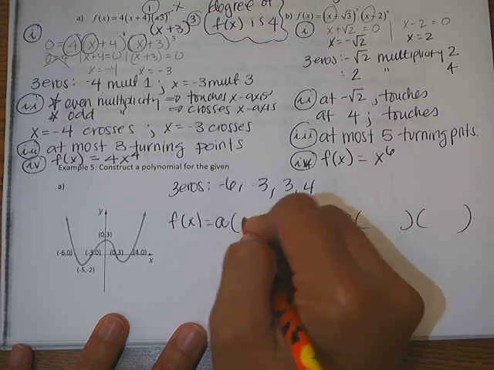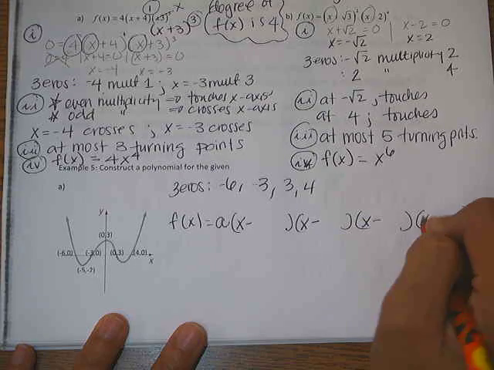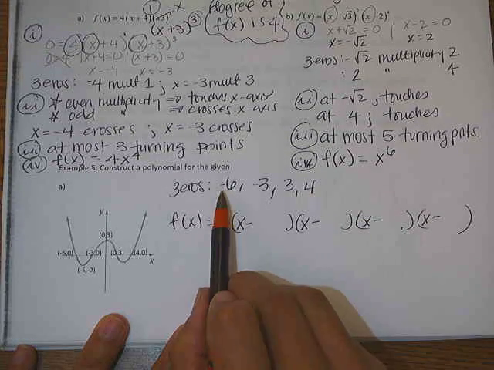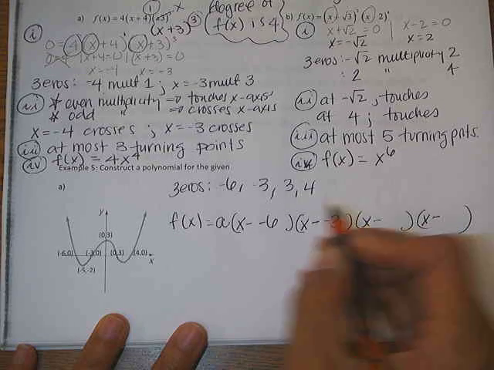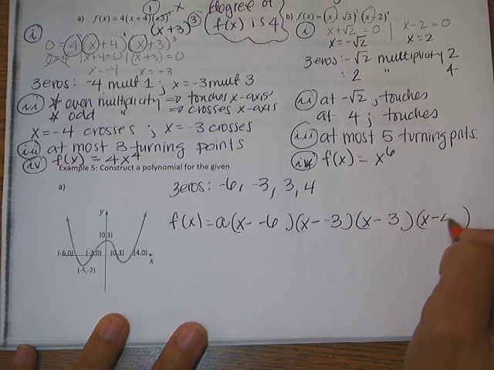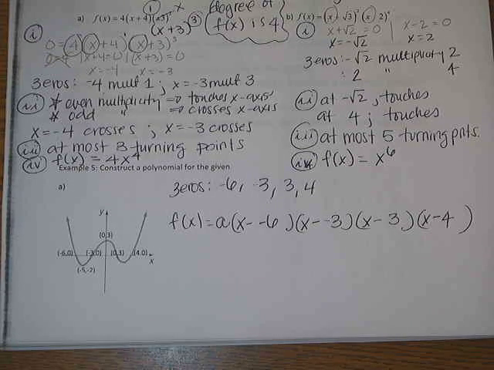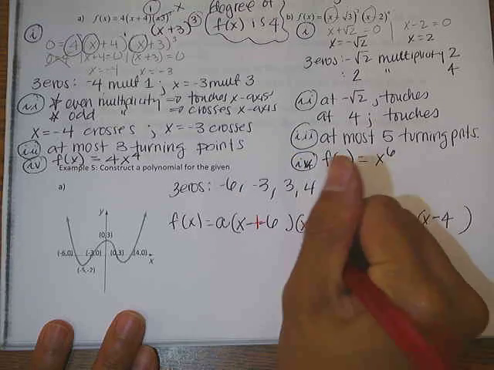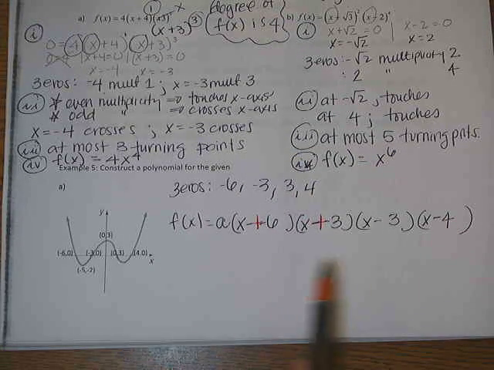So let's start with x minus. Okay. My first zero is -6. My next one is -3. And this one's a +3 and a +4. Okay. Then we can definitely make this into positive here and positive here. So from here, we would like to,